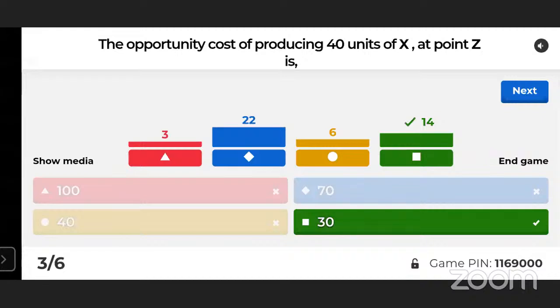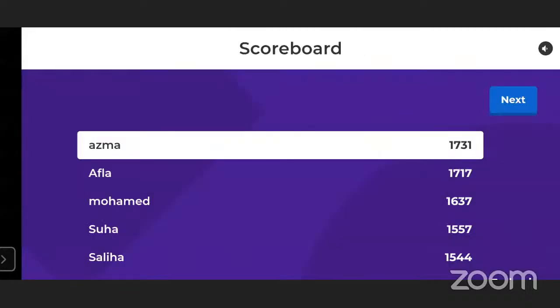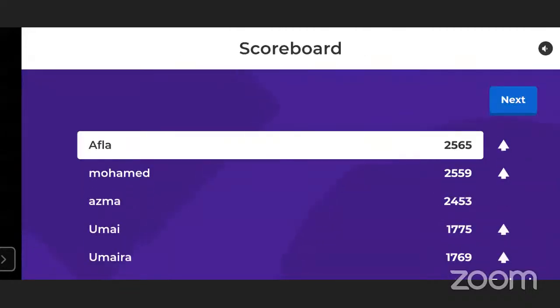So look at the graph. That graph now it's not there. I cannot take it back again because it's a game that will be played continuously, right? Maybe some students have misunderstood the question and they put it as 70, right? Keep this question, I will explain it because I have a graph there also. So 30 is the correct answer. Since I'm using my mobile phone, I cannot display everything. So this is the leaderboard at the moment.